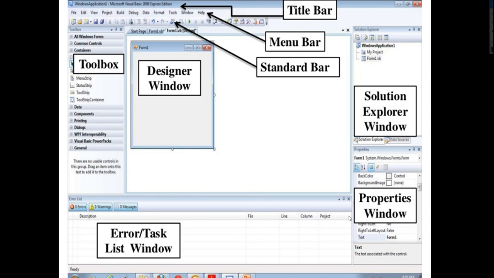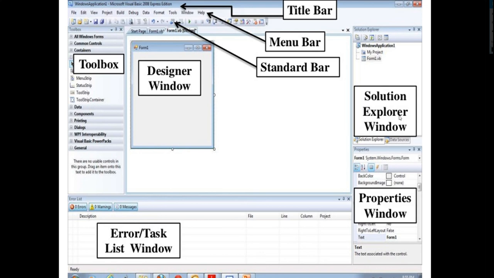Now forms have many properties such as name, font, color, border style, padding, size, text, etc. These are a few examples of properties which the form already contains. The property window is used to set the properties of the form and other controls placed on them. So whatever controls are placed on this form, all their properties are present in this property window.